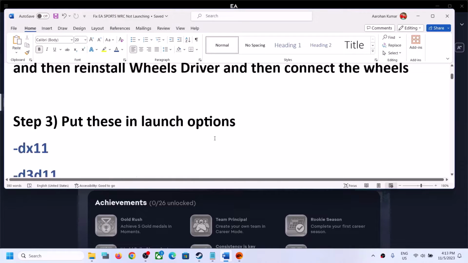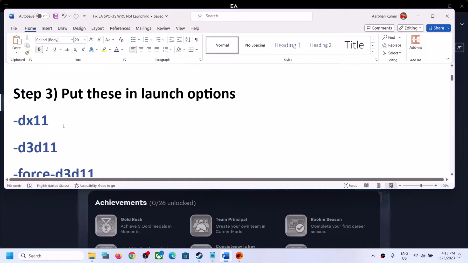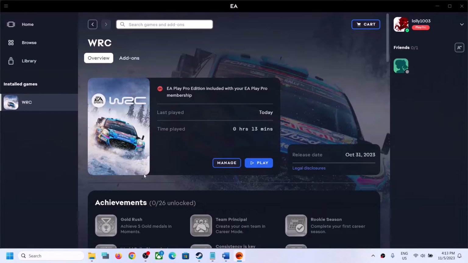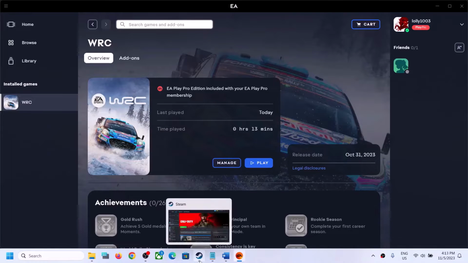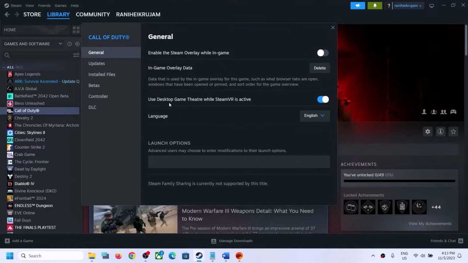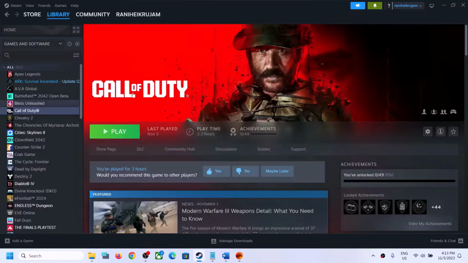Next step is to put these commands in launch option. So if you have the game on Steam, I have the game on EA app. I don't have the game on Steam, so I'll show you with different games. So this is just an example. So you have to right click on WRC game and then select properties, and over here you can see the launch option. In the launch option, type in -dx11 and then close this and launch the game and